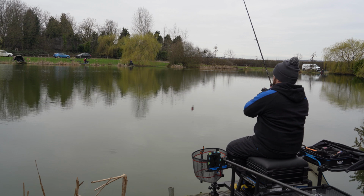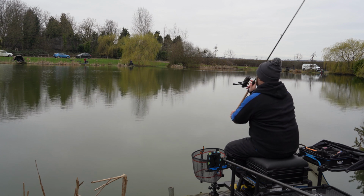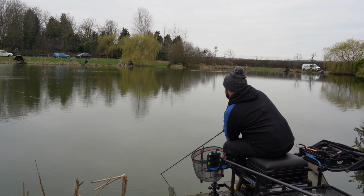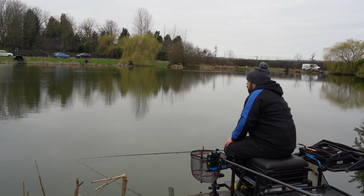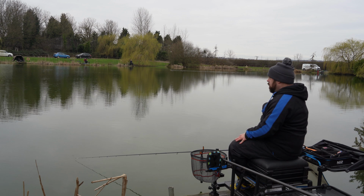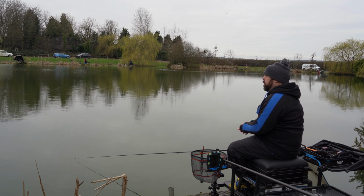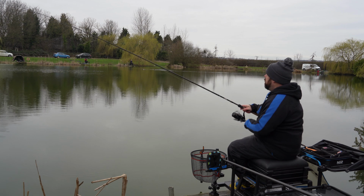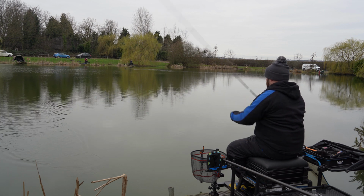Back out there, see if we can have another. Maybe that perch's granddad. A nice two, three pounder would be nice. To be honest, you would think, with how much bait goes in here, especially in the summer months for the carp, there's a lot more silvers than carp, and you'd think some of these silvers would be on steroids. There must be some big guns in here, or some big bream. And we're away again. There must be some bigger fish in there, silver wise. I think that one felt a little bit like a liner, but